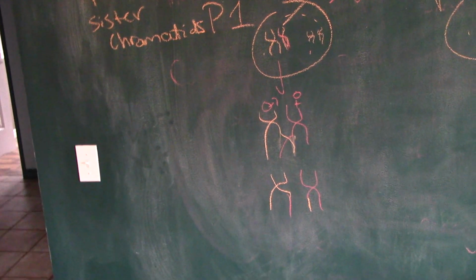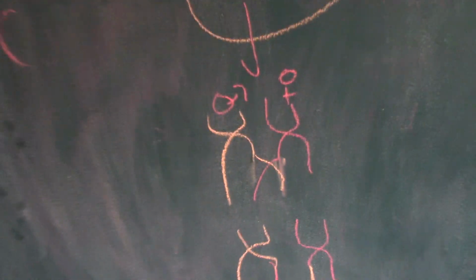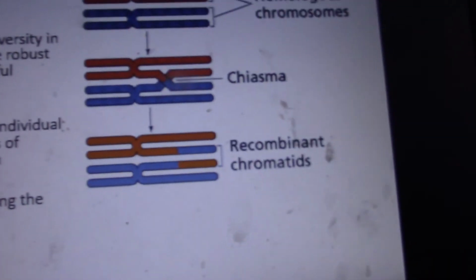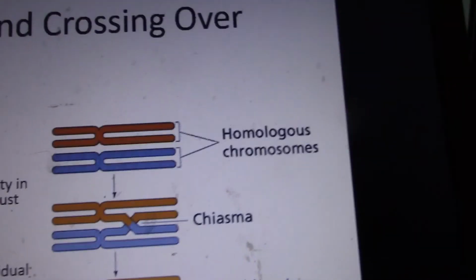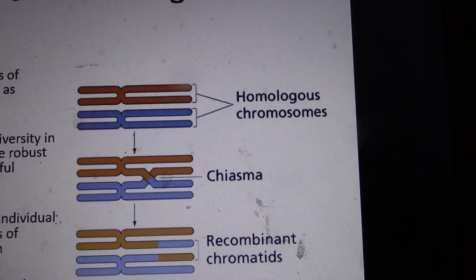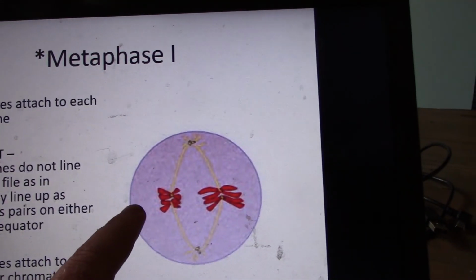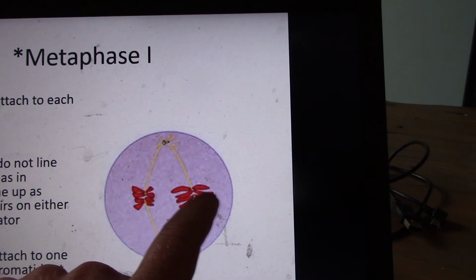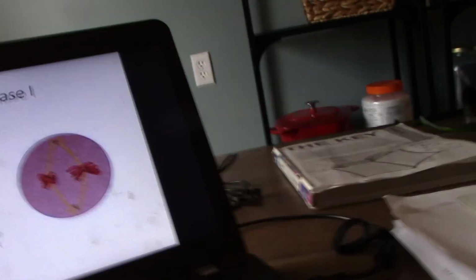So we have recombination going on between non-sister chromatids in prophase 1 of meiosis. Okay, and this can happen at multiple spots. Like their exchanges could happen in multiple places, not just one, across the homologous pair. Okay, so the equator here is this way rather than this way. So metaphase 1,